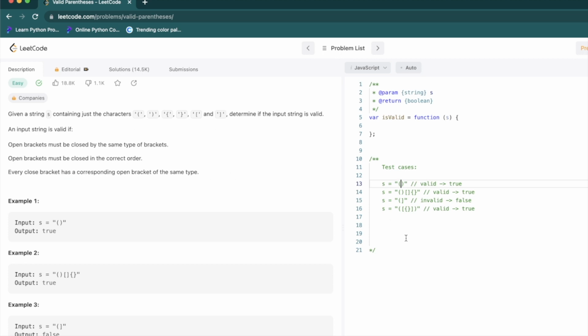Because it is closed by the same type of opening bracket, and it is in order. Opening bracket comes before the closing bracket, and it has a corresponding closing bracket of the same type. So all the three rules are valid. So it has passed the test. And the second test case is we have opening and closing circular brackets, opening and closing square brackets, opening and closing flower brackets. This is also true. In this case, this is false because it has an opening circular bracket and a closing